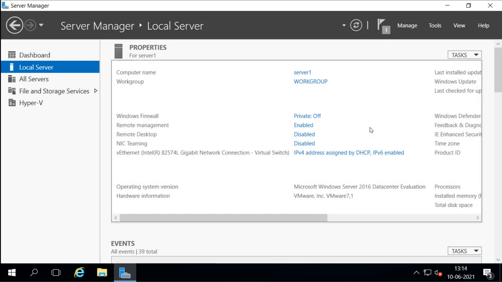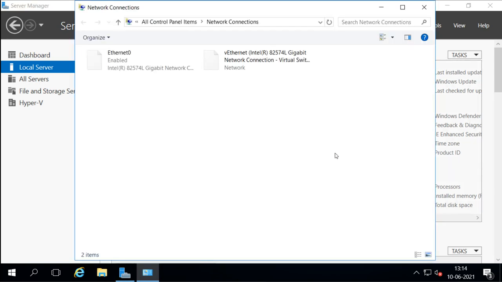And one more thing, if you see here, the IP address is gone. We have configured the IP address, but now it is not showing here. Why? Because when you configure the Hyper-V role in the server, it takes over the real interface. I will show you this. When I click here, it will create a new virtual interface. If you see, this was our physical interface, and now it has created a new virtual interface.